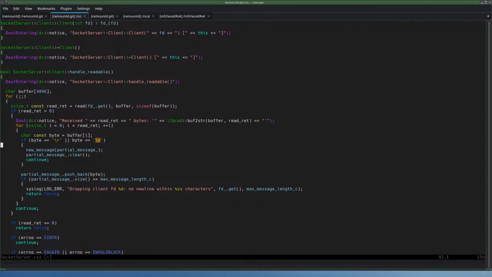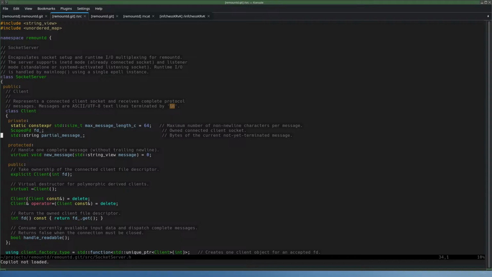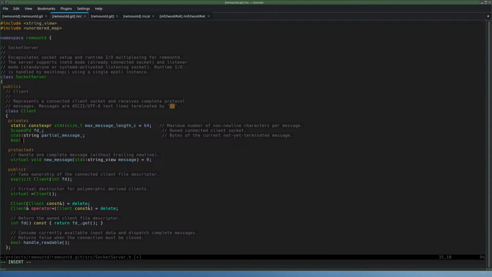So I think I have to remember that we saw carriage return last.